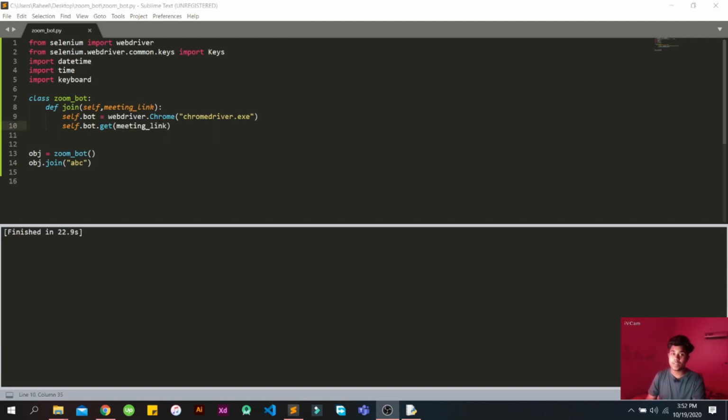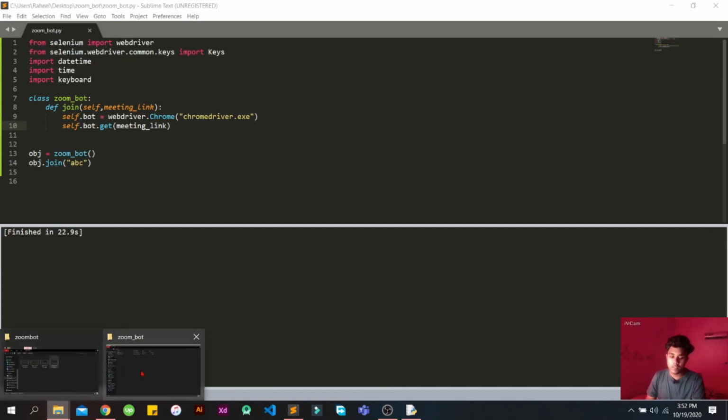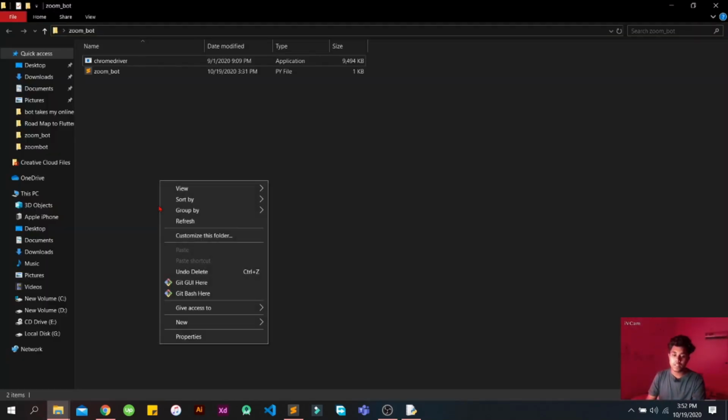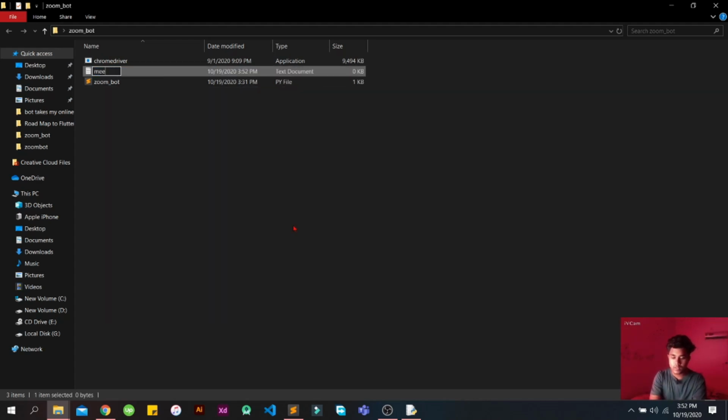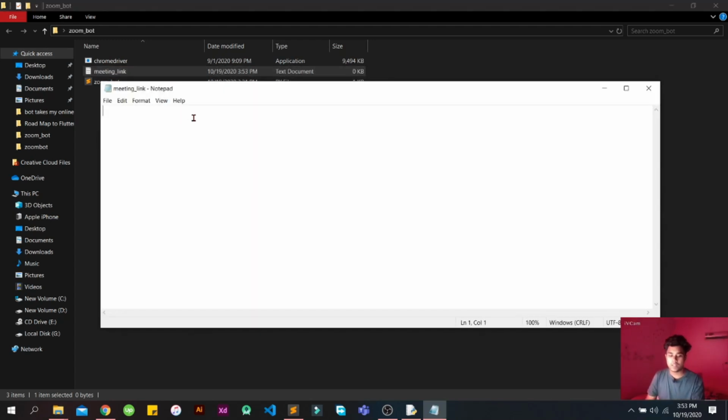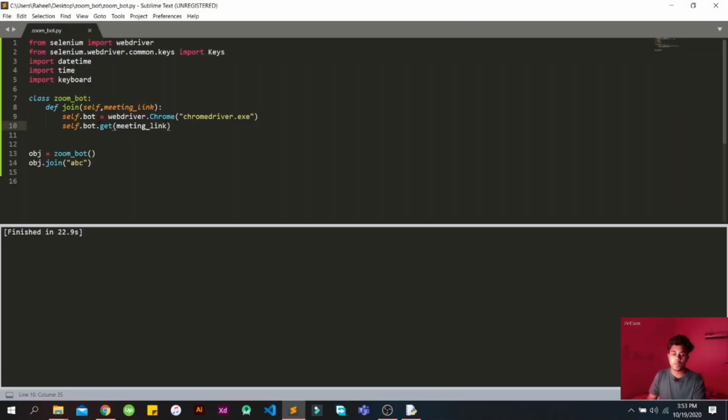For the meeting link, what we have to do is first of all save our meeting link into a txt file. I'm going to create a new txt file in the same folder named meeting link. After that I'm going to be pasting this Zoom meeting link which I created before, and I'm going to be saving it. Basically this is the link. I can search it on Google and just go to the Zoom meeting as well. It will just join the Zoom meeting. So now what we have to do is link is equal to open